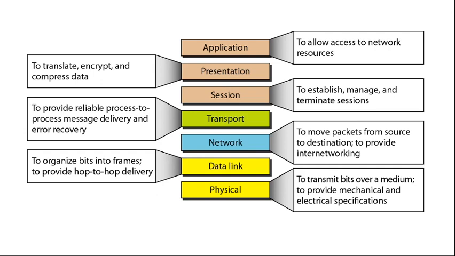Summary of these functions of different layers. Application layer allows access to the network resources, encryption, translation. We mentioned that. Session layer, establishing sessions, all those things, and synchronization pulses. Transport layer, end-to-end delivery of the message. The data unit is called a segment here. Here it is a packet, here it is a frame, and here this is bits.